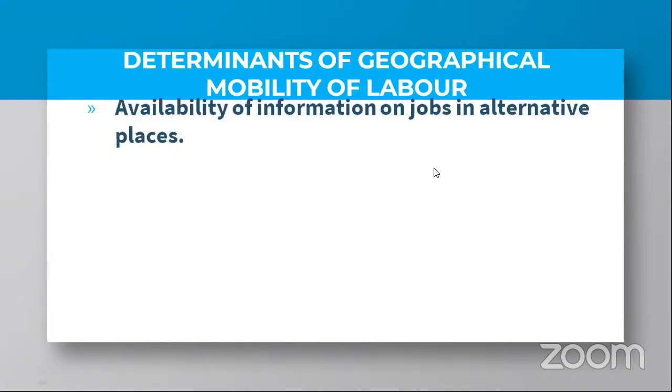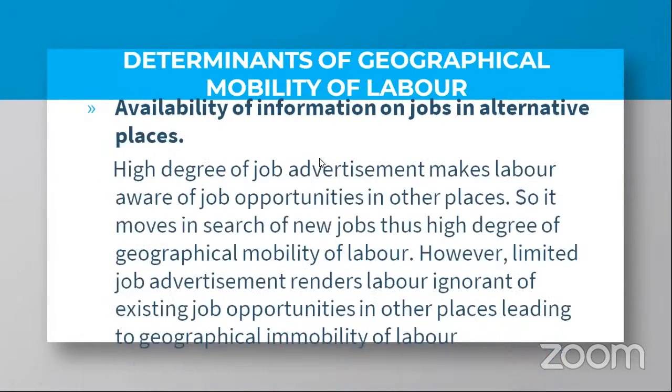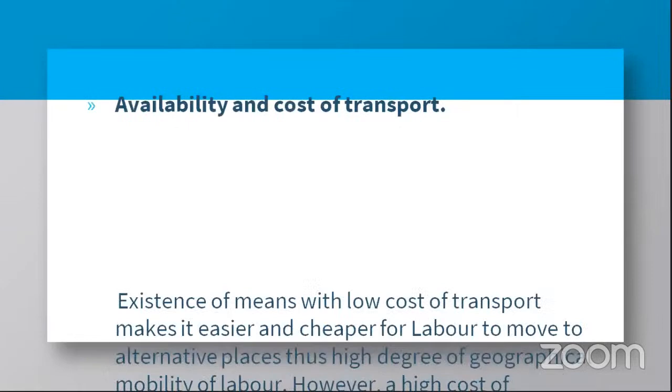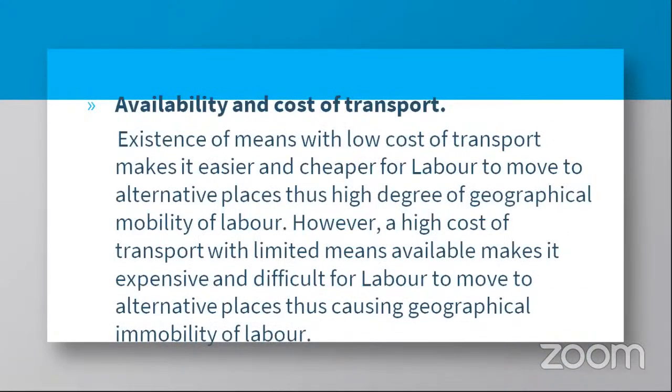Okay, so here we are. We said availability of information, and I've already told you, once there is information about the jobs available in other areas, then labor will move. And once there is no information, labor will not move. You will read it on your own. Then we are talking about availability and cost of transport. Once there is a good transport system and the cost of moving is low, then labor will move, and vice versa when there is no good transport system and the cost of transport is high. Okay,